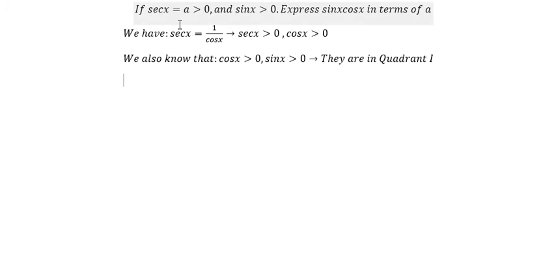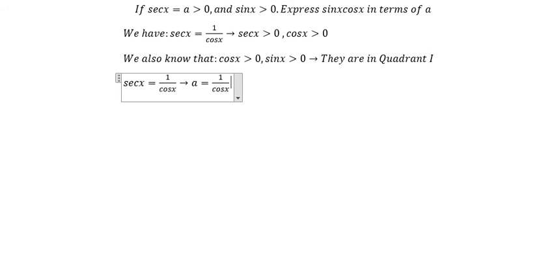So we have the formula. So we know that sec x is about a, so we have a equals 1 over cosine x. So we have cosine x equals 1 over a. The next formula we need to consider,